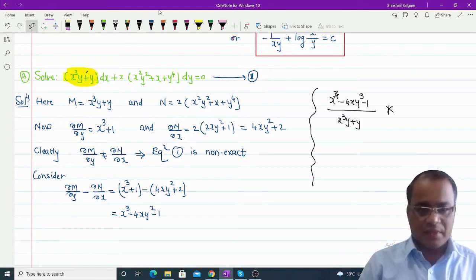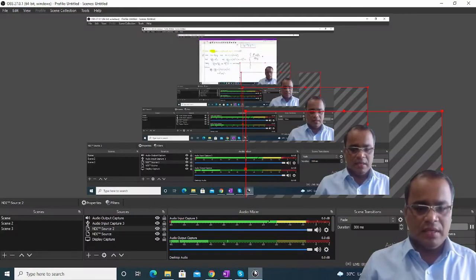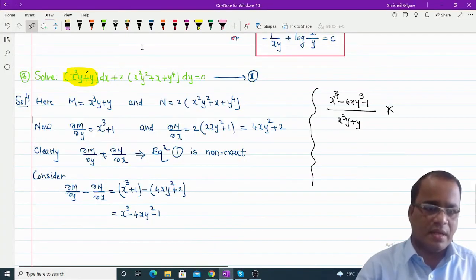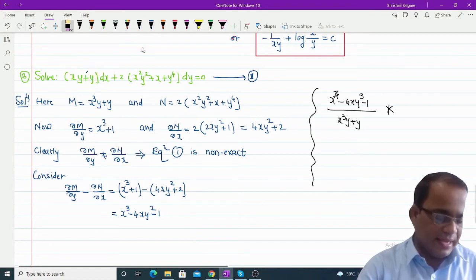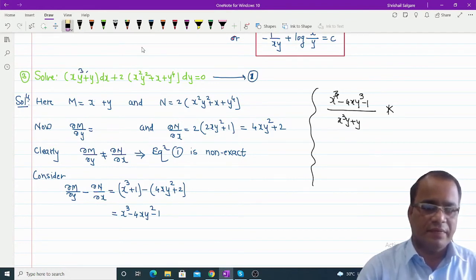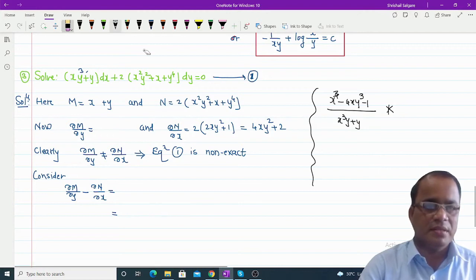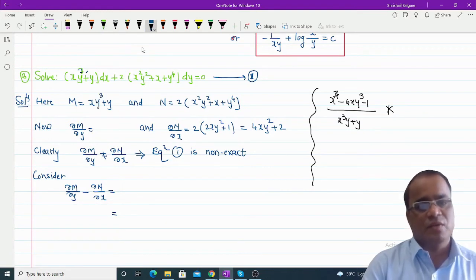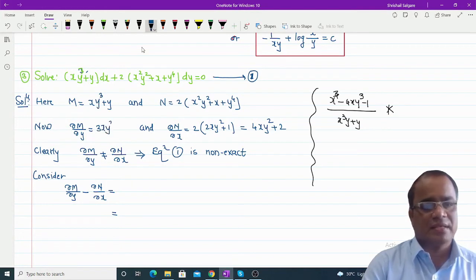Just I will check the calculation. I will correct this example. So here I will correct and accordingly I will write. The term is x into y cube. Then again this I have to change, then definitely this one also I have to change. So this also I have to change. Okay. Now the term is xy cube. Then suppose this is xy cube plus y, then with respect to y it is 3xy square plus 1.